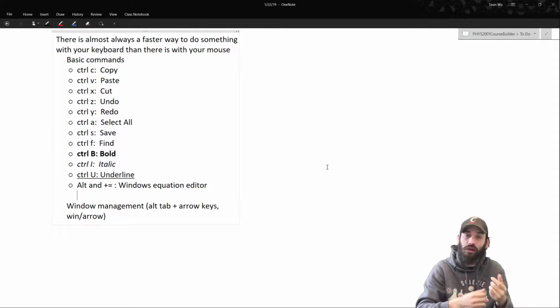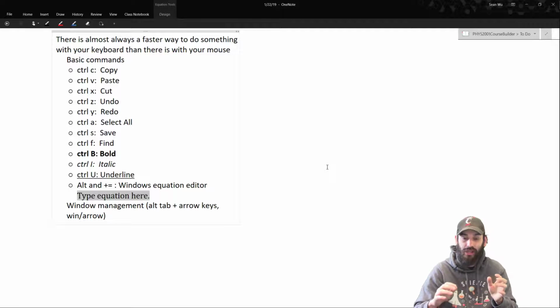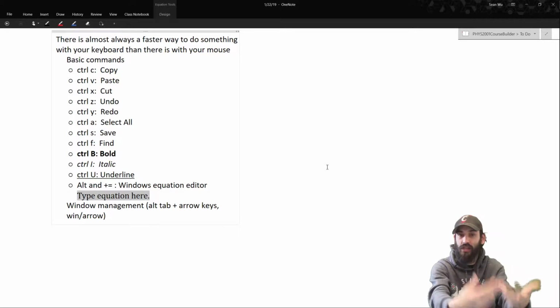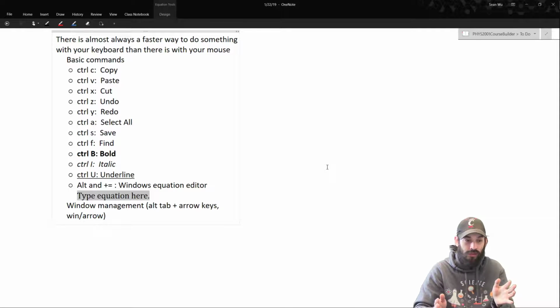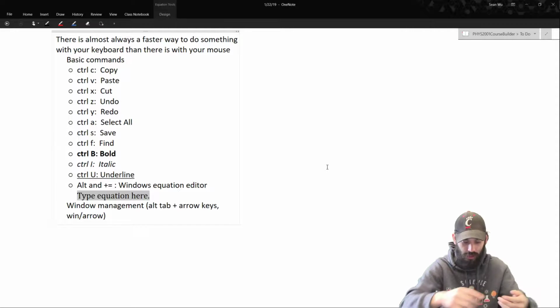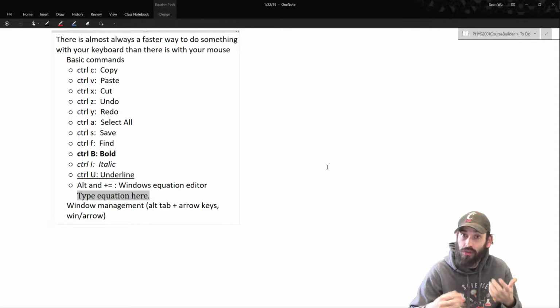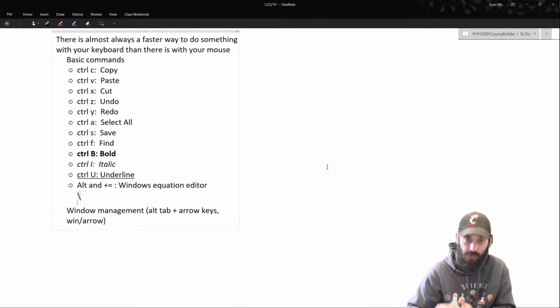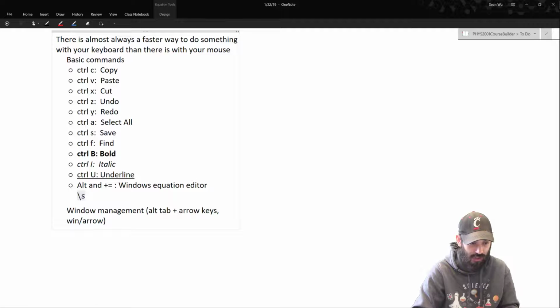But what if we want to add an equation here? What we do is press Alt and the plus and equal key, the one directly to the left of backspace. And now it says type an equation here. There's a lot of syntax that you can learn in here. So for instance, if I wanted to write Newton's second law, I want to put a sum, so we do a backslash sum, I'm out of my equation, sum,